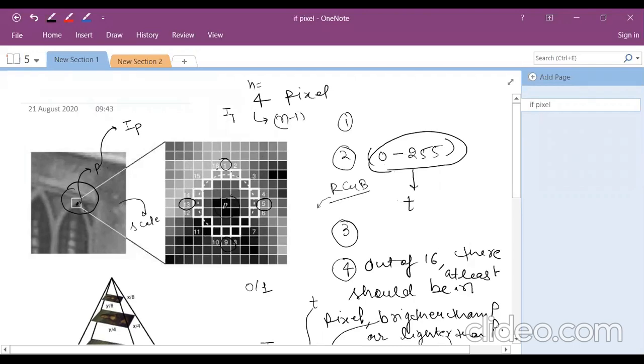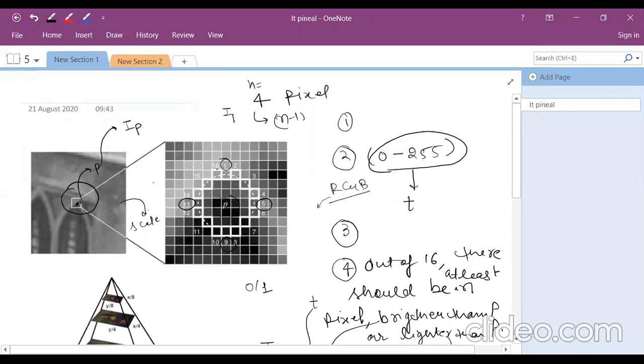So n-1 means if 3 are also following, then I can consider it, but the condition is, in that case you have to repeatedly do this procedure for all the pixels also. Like the first time I am using 1, 5, 9 and 13, then the second time you have to choose other ones such that my at least condition will be met. So in my example 1, 5, 9 and 13, there are 4 pixels. My aim is that at least 3 pixels should follow the criteria.